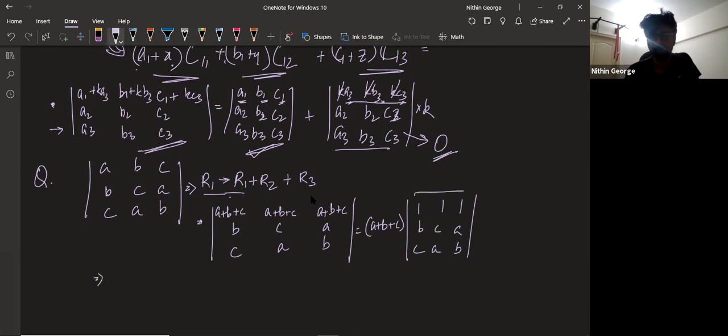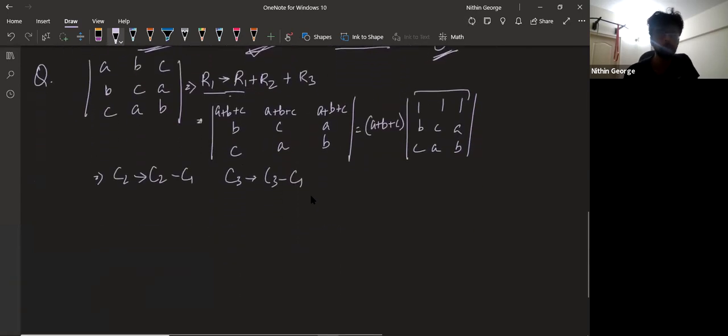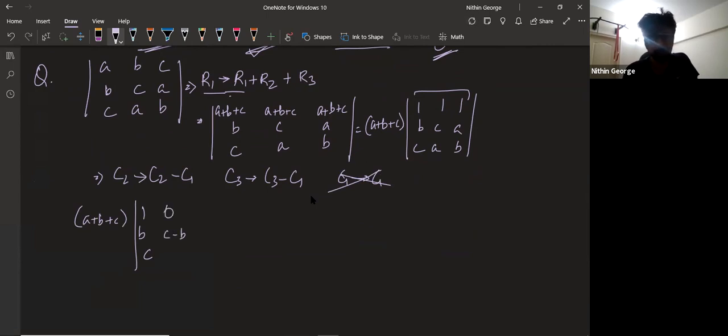Now I notice that one row has entirely the same elements. They are one. So I'll do one simple manipulation. C2 will be C2 minus C1, like column 2 will be column 2 minus column 1, while column 3 will be column 3 minus column 1. What does that do? It makes two elements 0. That's the idea. So this will become 1, B, and C because no change is done to C1. C1 remains as C1 itself. Now, C2 becomes C2 minus C1. So 1 minus 1 is 0. C minus B comes here. A minus C comes here. Similarly, 0, A minus B, and B minus C.